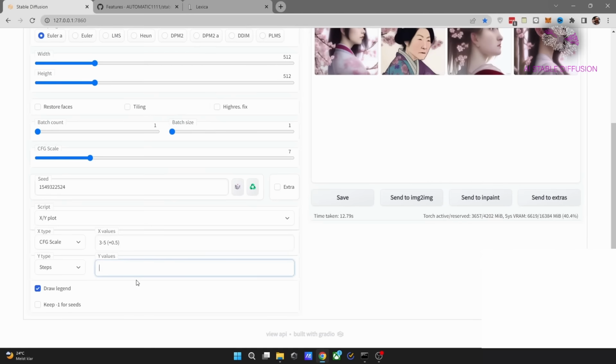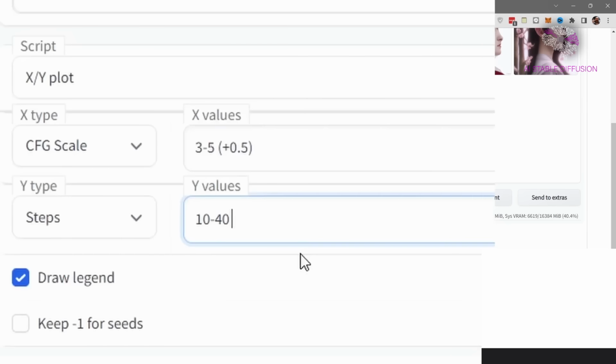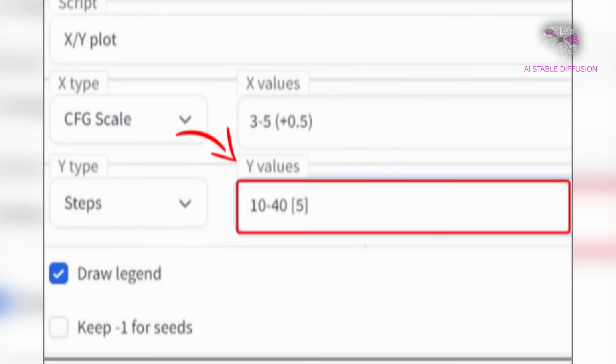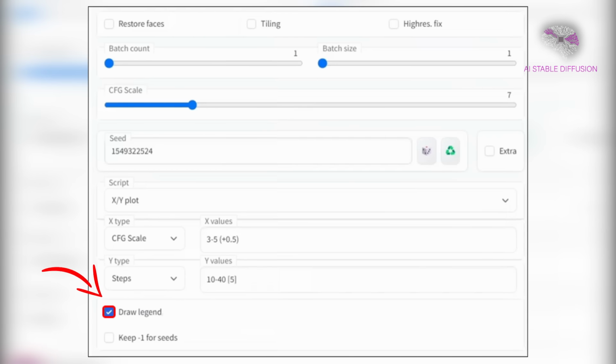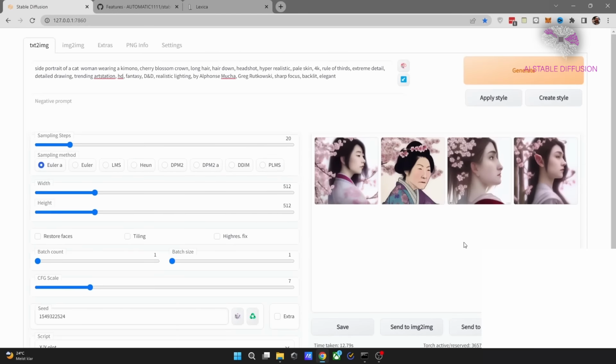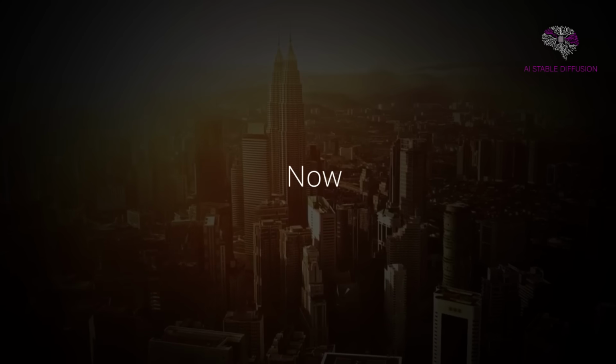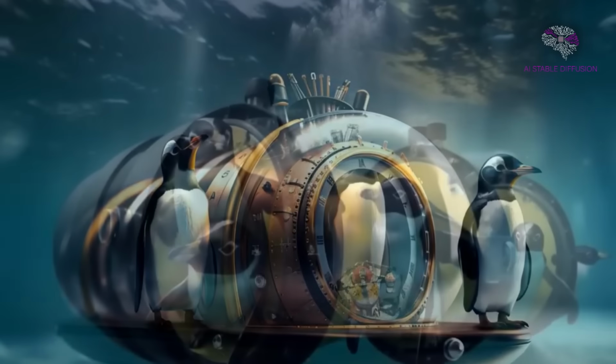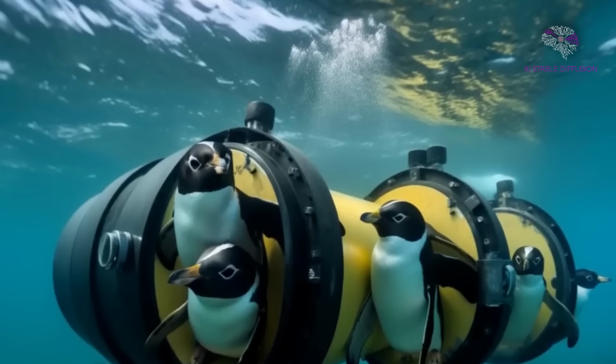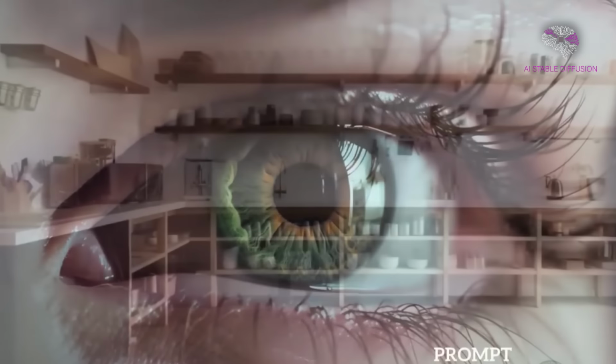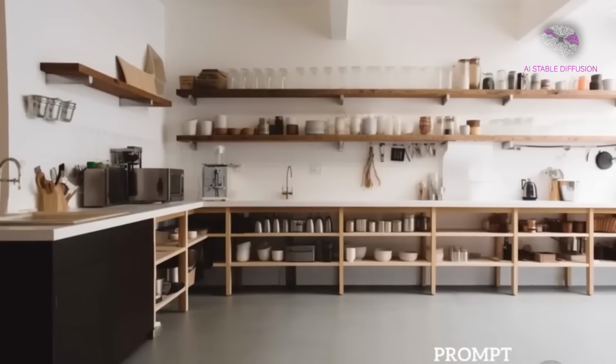Fifth, specify the range's number of variations using the steps column in the Y values field. To test between 10 and 40 steps, for instance, type 10-40. Use square brackets to secure 10-40 [5] to use 5 variations. Sixth, make sure Draw Legend is checked for a clear overview. Lastly, select Generate from the menu. Now, you'll be presented with a variety of render possibilities based on your chosen variants. Keep in mind that all of the images are in their full, so the versions you choose will be in